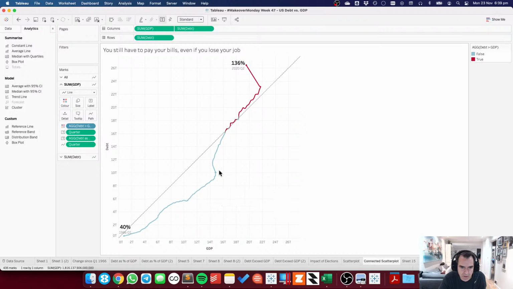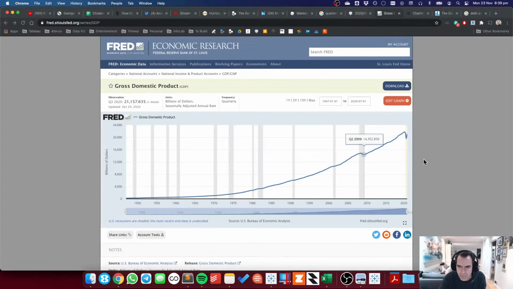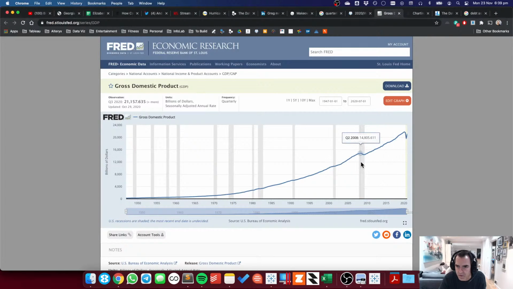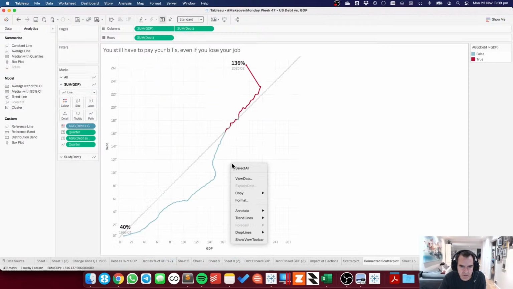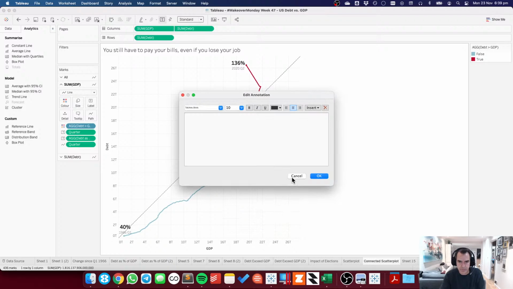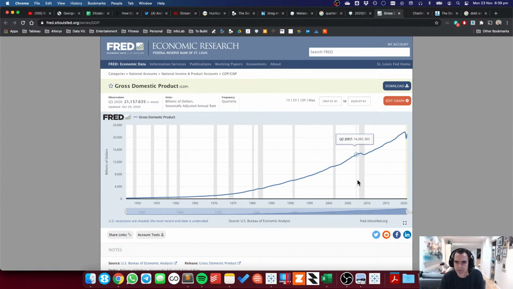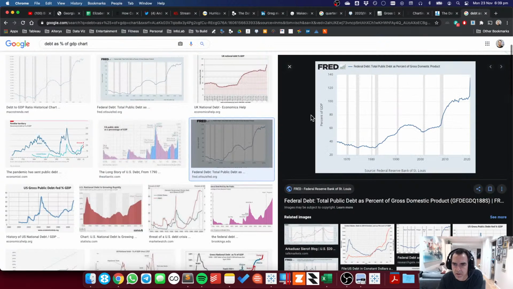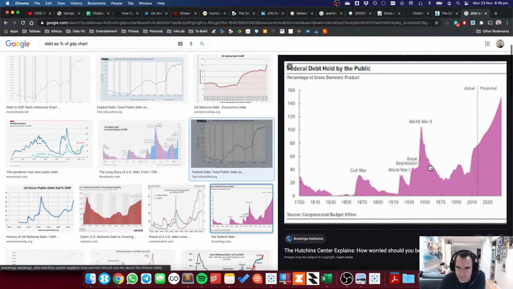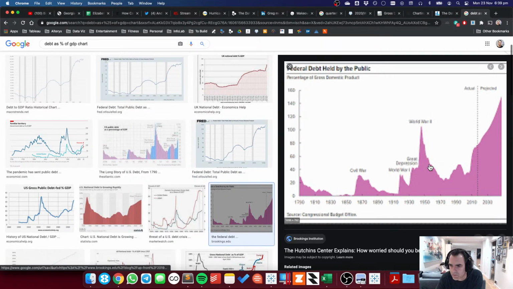Okay, so it's around there, that line, and then Q. Say quarter. Gosh, I keep forgetting now. So Q2. Okay, so let's annotate an area. Let's call this the. What do they refer to this as? Oh God, I'm just completely drawing a blank now. World War II.